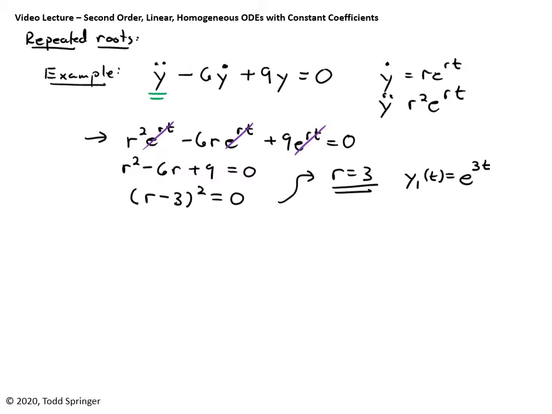So I will make a claim to you, and I won't prove it here, but it is in the lecture notes. So if you're really interested in seeing the proof, you can go to the lecture notes and see it. But the claim is, if you have this situation where you have two repeated roots, or you have a double root, right? So r minus 3 squared is what we call a double root to that quadratic equation. And you get one solution, which is r equals 3, so y1 is e to the 3t. My claim is another independent solution